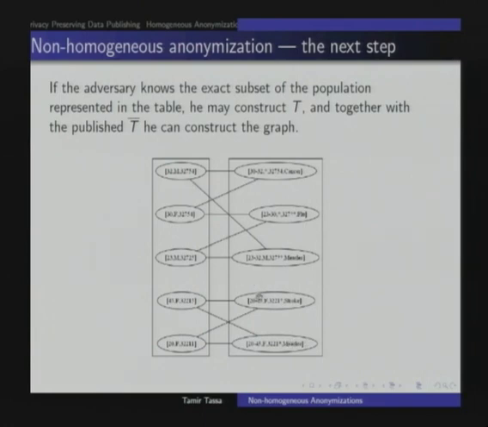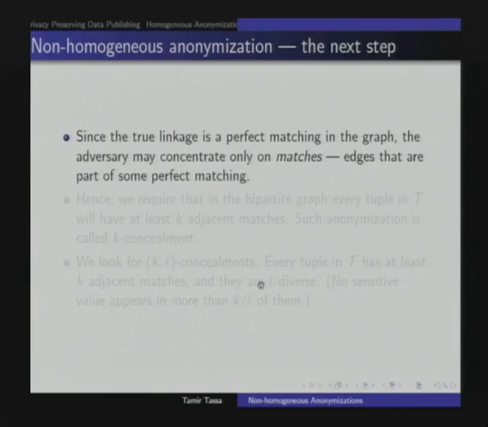Therefore, he can construct the bipartite graph. Now, since the true linkage between edges from nodes in the left and nodes on the right is a perfect matching in the graph, you all remember what perfect matching is? Okay, a set of edges that connect, like marriage, perfect marriage between the records on the left and the records on the right. The adversary may concentrate only on what I call matches, namely edges that are part of some